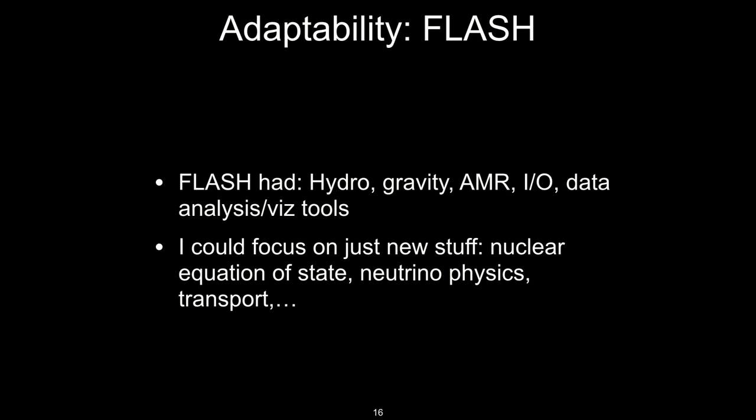And so I was able to leverage the work that had already gone on. I didn't need to write a hydro solver. I didn't need to write an AMR solver. I didn't need to write a gravity solver, although I eventually did. I could build off of the work that had already gone on, right? And I could focus on developing the things for core collapse supernovae that the Flash code didn't already have. And so for me, this meant things like a complex equation of state for nuclear matter, neutrino physics and transport, and then focus only on those necessary pieces and then do some science, right? And so going from 0 to publication was a lot faster than it would have been because I was building off of this community code.